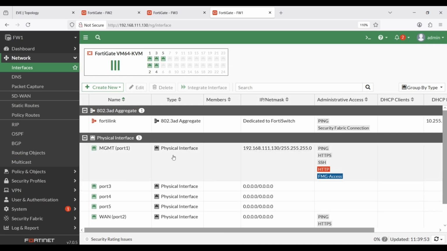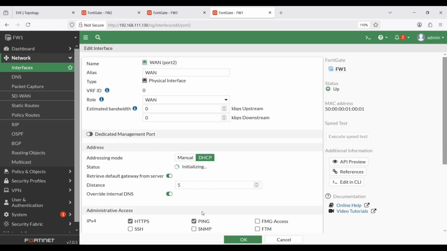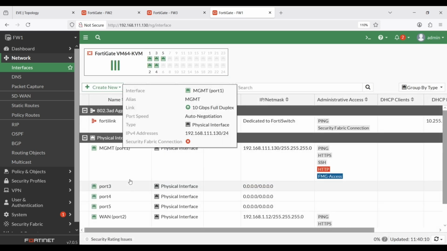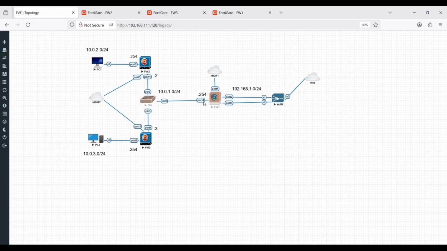So this will get an IP automatically after some time. You can click here again, and you will see it has initiated its DORA process, and here we go, we have an IP now on this interface. Hit OK. Okay, and in a similar way, here on port 4 we have to configure the LAN IP